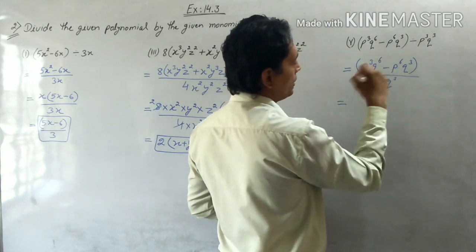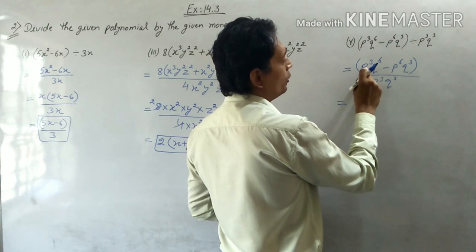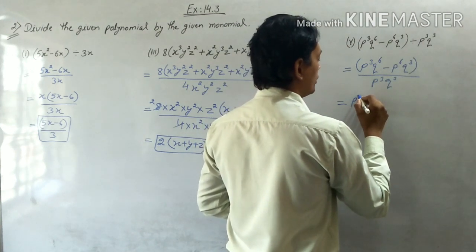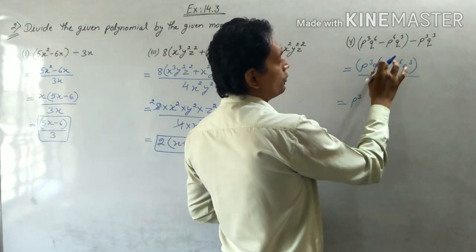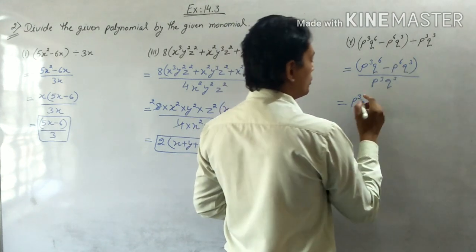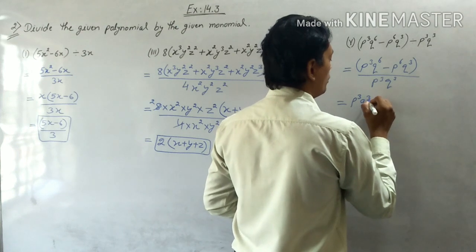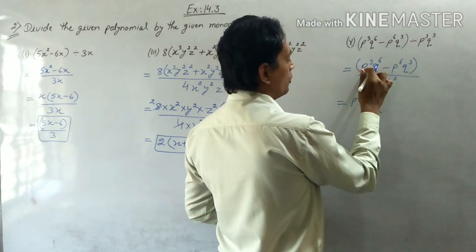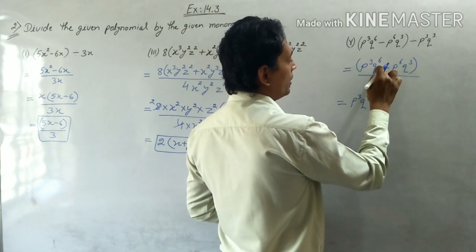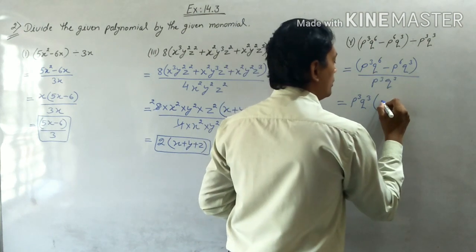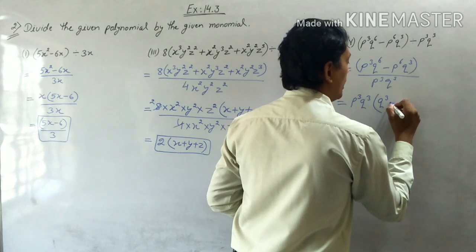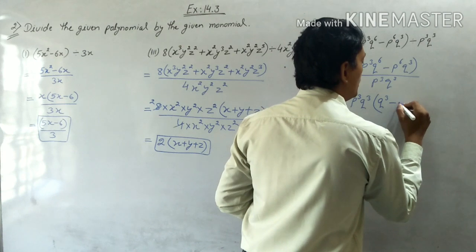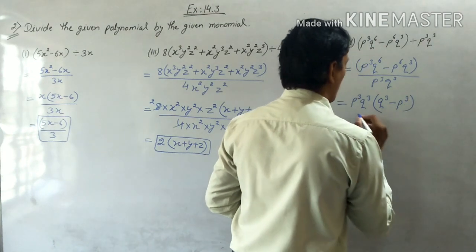Let's take out something common. As you can see, this is p cubed and this is p raised to 6. So p cubed is actually common. Q raised to 6 here, q raised to 3 here. So again you can take q cubed as common and the rest of the thing can be written in the bracket. So p cubed has been taken common. From here q cubed has been taken common, so q cubed is remaining. From here p cubed q cubed has been taken, so p cubed is remaining.